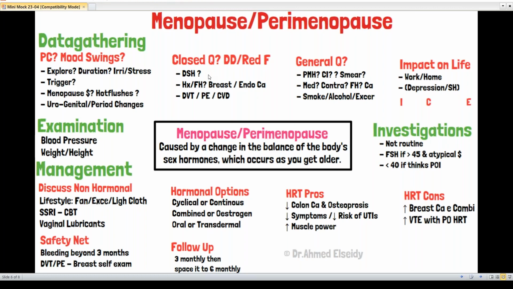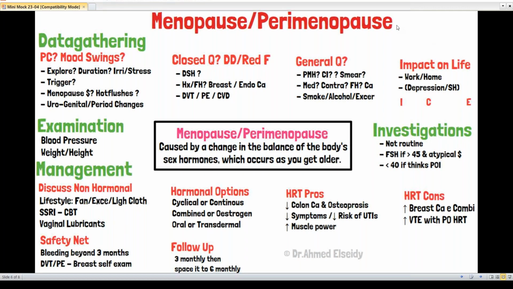Go ahead. Okay. My second red flags are red flags for the possibility that I might give her HRT. What will be my red flag? Contraindication of using a treatment for this lady. What will be that? Do you have any past medical history, or do you have any medical history of breast problems or womb problems at all? Or does your family have any history of cancers of the womb or of the breast? Okay, so make sure you remember these two. And actually you can do them in the next step if you forgot it here.